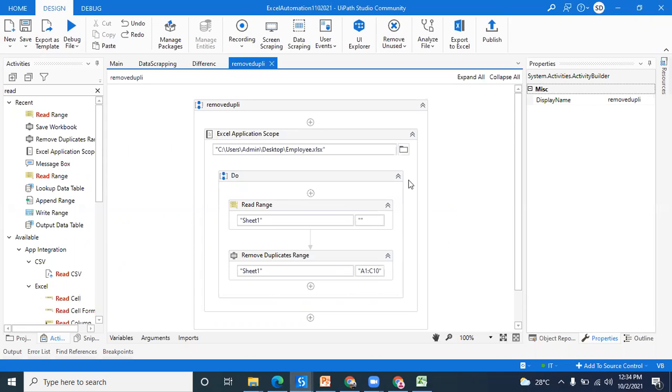And if you want to remove the duplicates from only the location column, what can be done? We can put only the location range. Means there are duplicate locations like Bangalore, Mumbai.